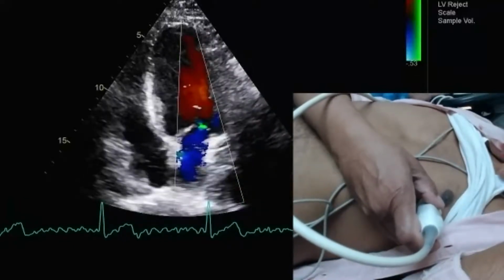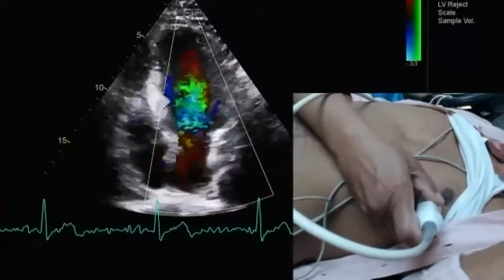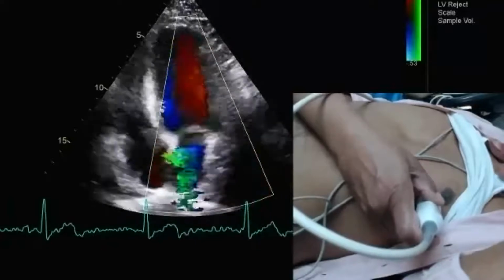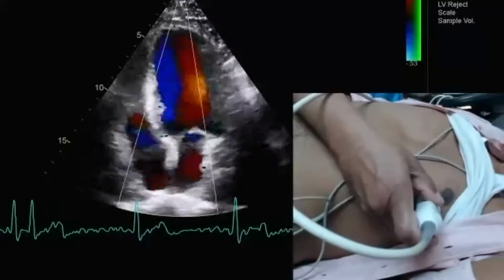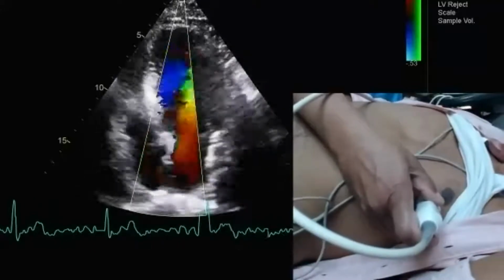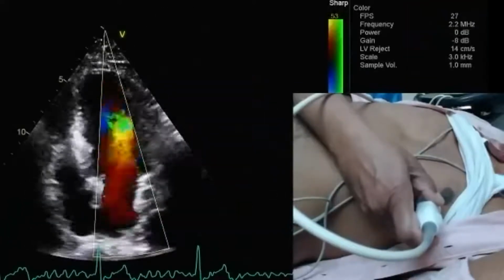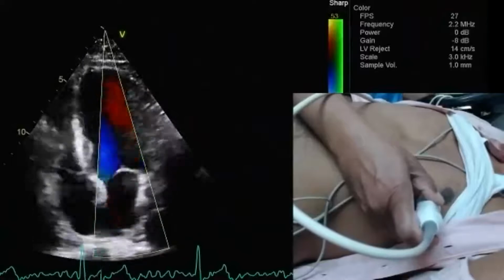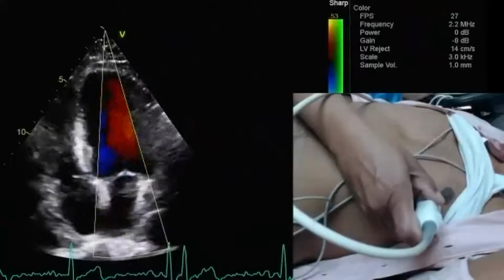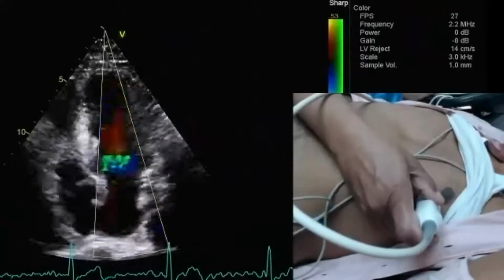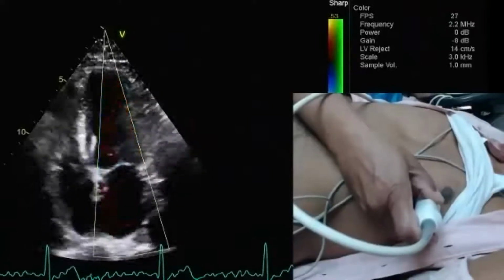Stop. Now I can widen this sector of a color scale. Look, as soon as I widen my sector, my frame rate drops dramatically. If I reduce this sector, the frame rate becomes optimal. I don't say excellent, but at least it becomes optimal. As Rakesh has said, in cardiology, the higher the frame rate, the better the recording always. And I think you can see some aliasing here also; the outer color is red.